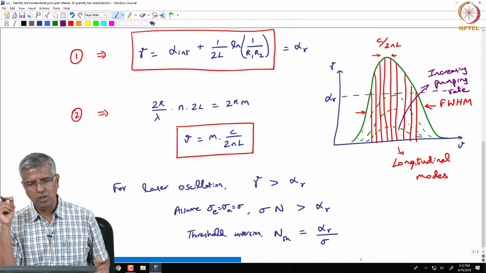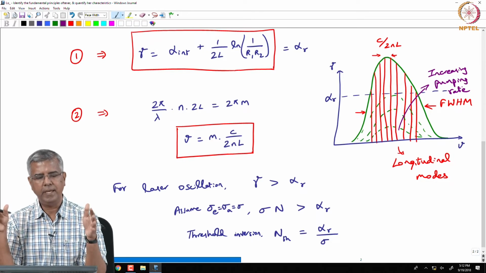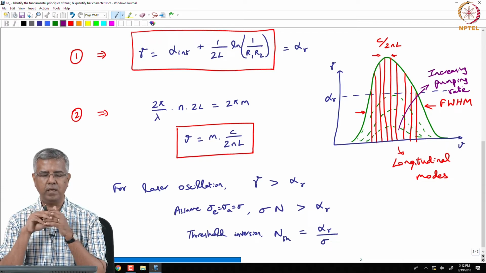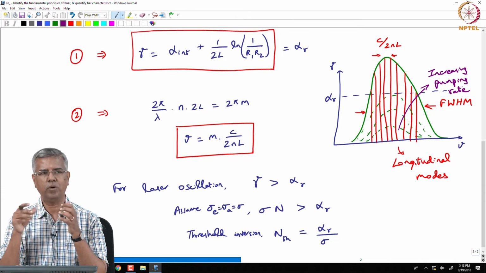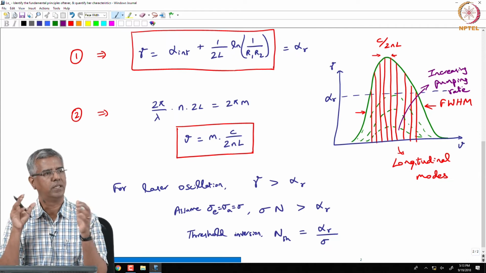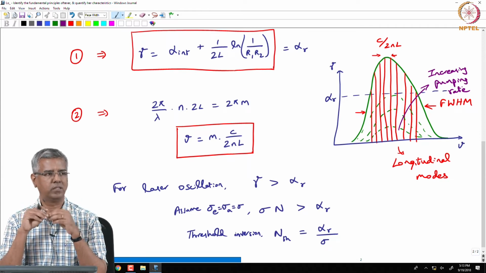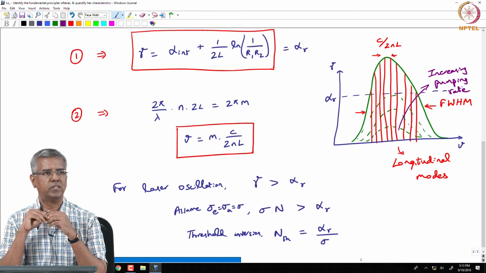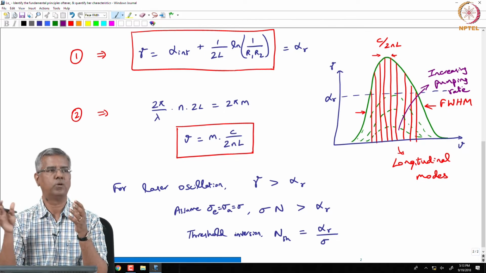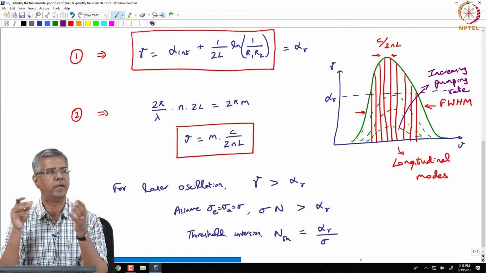So, if you have very high reflectivities, what can you say about the lifetime of a photon? Assume that you have 0 losses, the alpha int is 0. So, the photon is going to keep bouncing around for a very long time. So, higher the reflectivity,